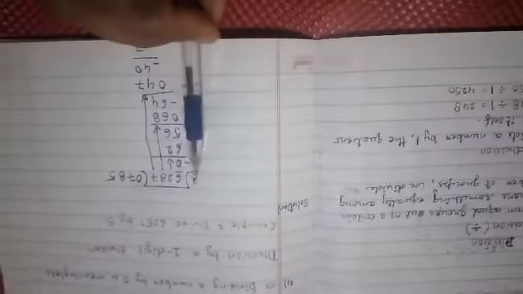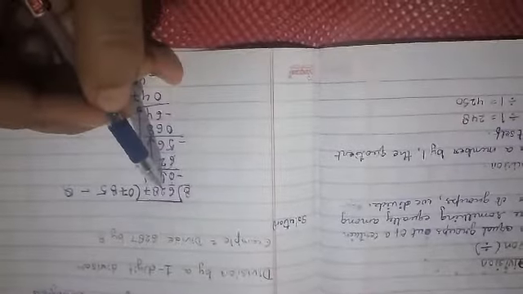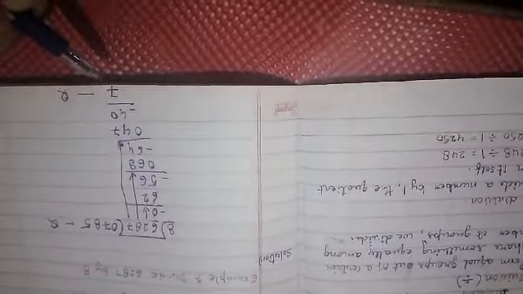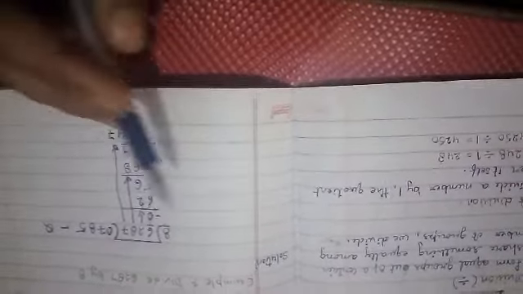When the remainder left is less than the divisor, this is the remainder, children. This is your remainder. This is your quotient. This is your divisor. This is your dividend. Whenever the divisor is bigger than the remainder, we stop dividing over here, because now I cannot read this table for 7, and I don't have any more digit to bring down.